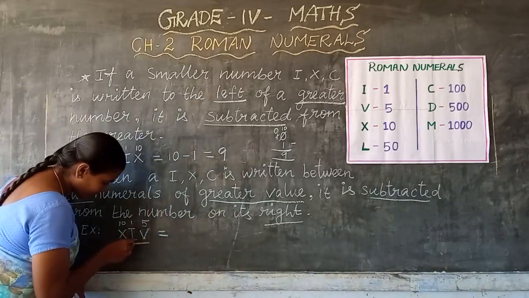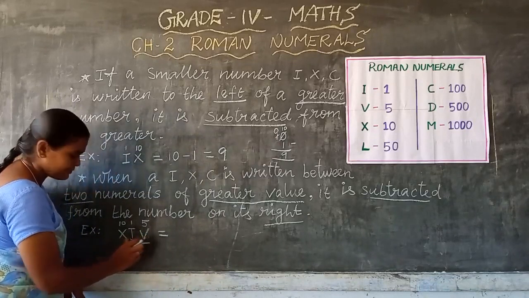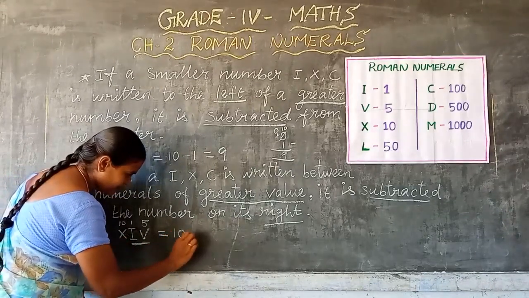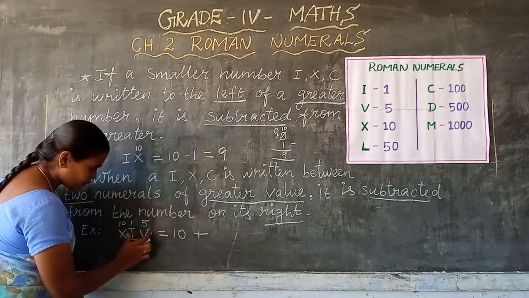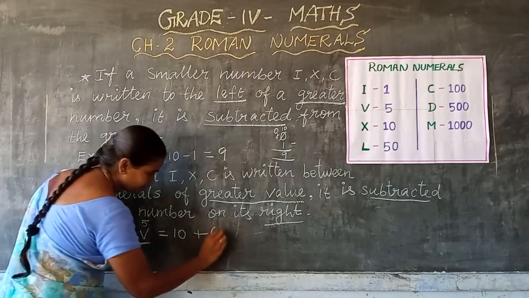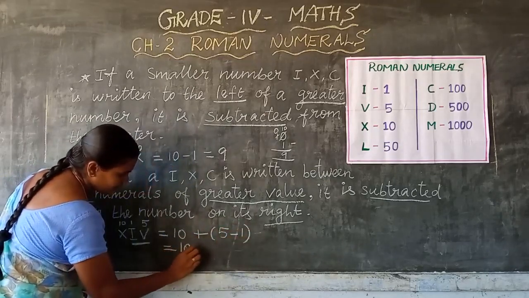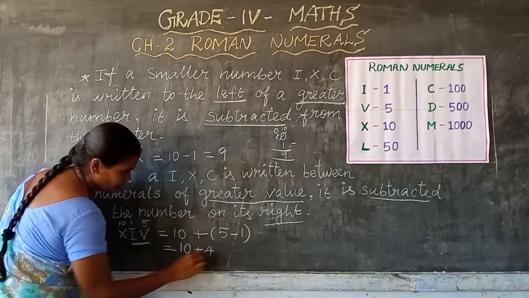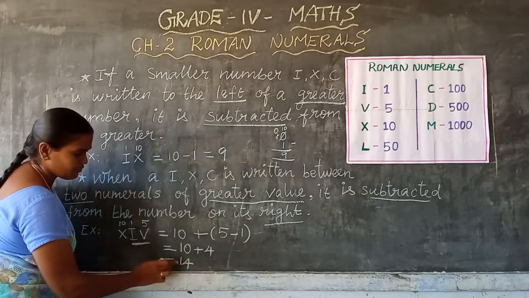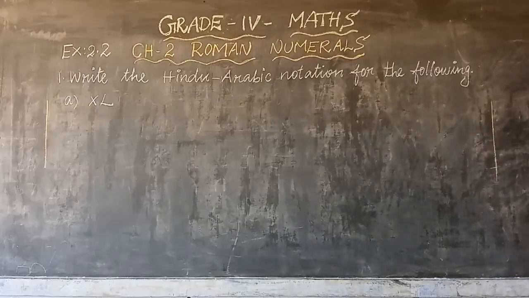So take the right side numbers, these two numbers. You find the difference of these two numbers. So what is the x value? X is 10 plus the difference of, that means you subtract these two numbers: 5 minus 1. So 10 plus 5 minus 1 is 4, 14. So the x value is 14.